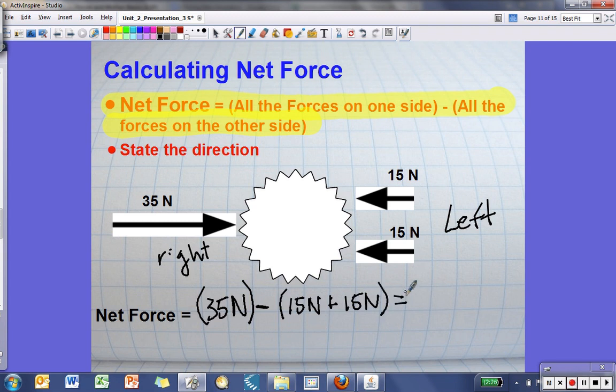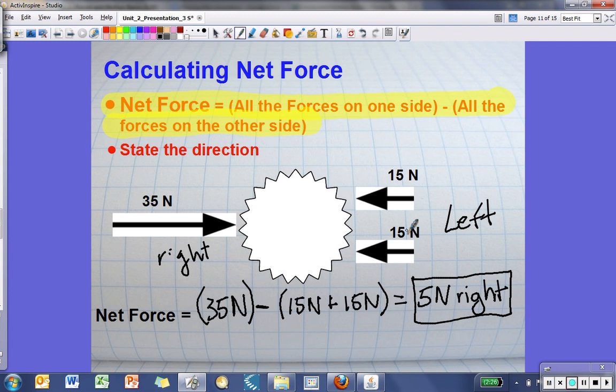Okay? So if I look at it, it's 35 minus 30. So it's 5 newtons. And I can't stop there. That's where most kids make the mistake. You have to, again, remember forces have two things: magnitude, which I got here, and direction. So the direction is 5 newtons right, because it's 5 newtons stronger going right, because 35 is bigger than